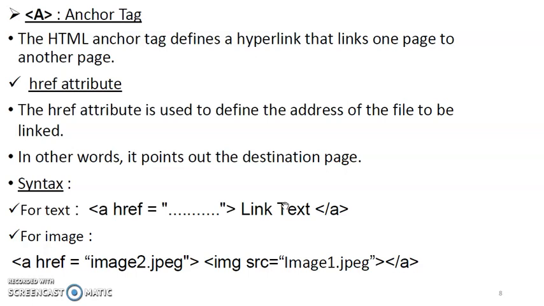You can see the syntax for image also, a href, and I am mentioning image2.jpg. Then again I am mentioning the image source, that is image1.jpg, and then your a tag is closed. So what is the output of this syntax? Whenever I am mentioning the image source, means what?